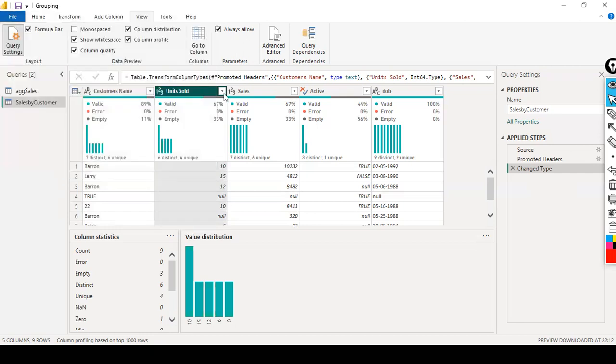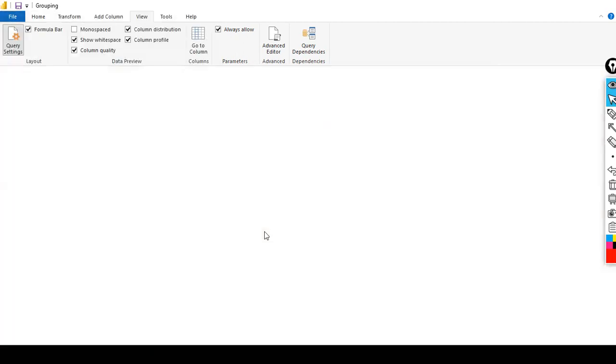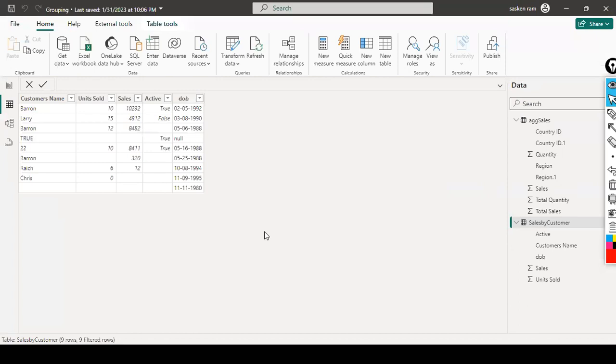So now you understood, with this simple data set, what data profiling is, as part of the same column quality, column distribution, and column profile. This is an important step, guys. Don't